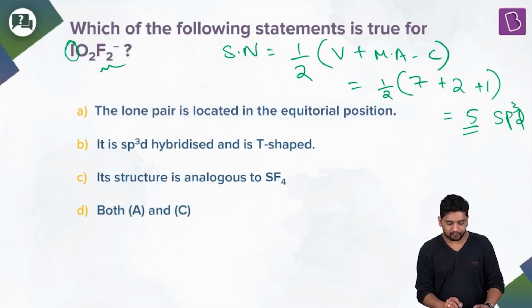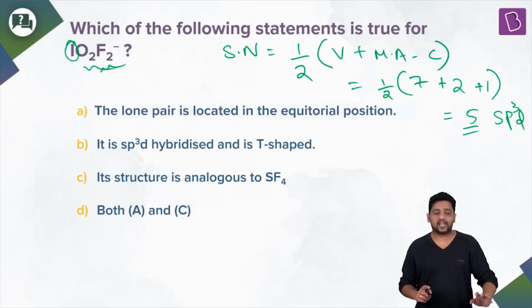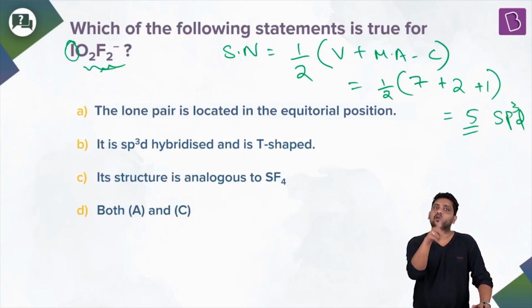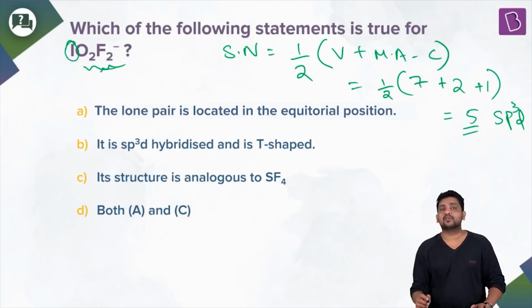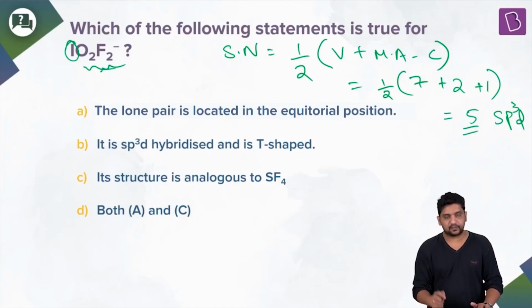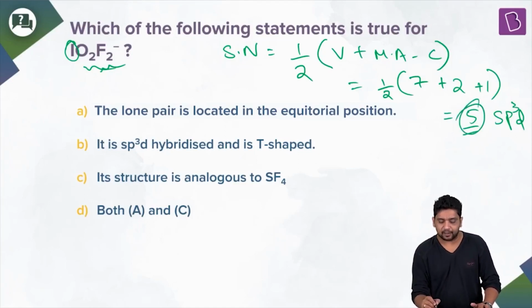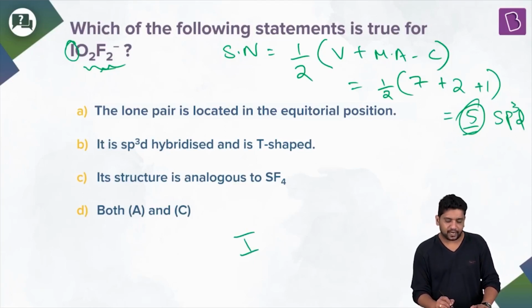Now when I look at the number of surrounding atoms, I can see 4 atoms other than iodine: 2 oxygen atoms and 2 fluorine atoms. Obviously all of these are going to have one sigma bond with iodine. They can only have one sigma bond. Pi bonds might be there, as we would see in oxygen, but the point is that we know there will be 4 sigma bonds. Steric number 5 means there is one lone pair as well. So iodine will have one lone pair and two oxygen atoms, most probably having double bonds with iodine.